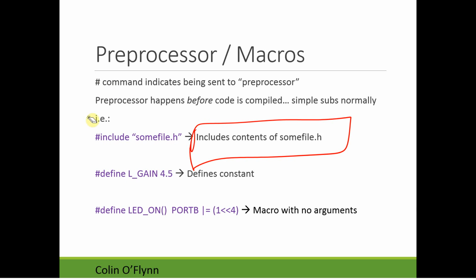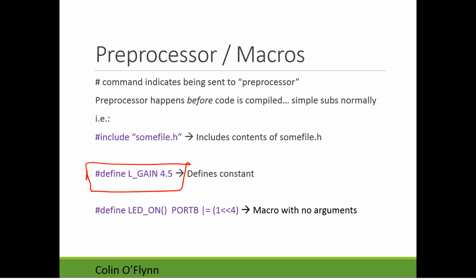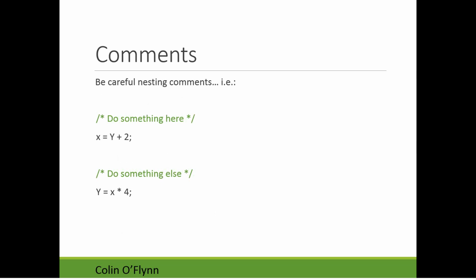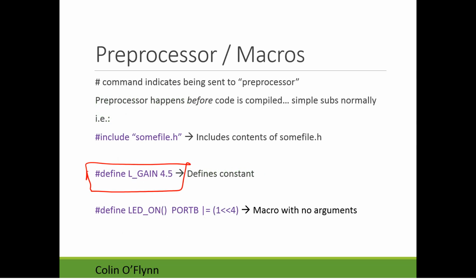We can define constants. So I have this, hash define L_GAIN 4.5. So from now on in the C code, I can just write L_GAIN. Why you might want to do that is that if you have some code, for example, you might have something like